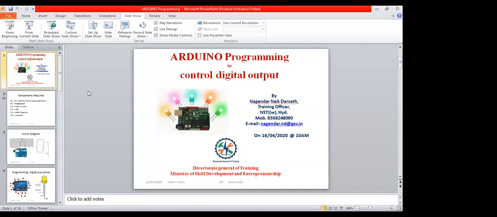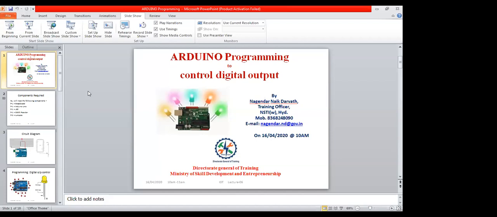So now I'll take you to one more thing here, because we have seen that the output can be controlled. But how is that output controlled? What is the output here? LED, right? Blinking LED. So how was it controlled? By the program itself. So if you want to change something on the output, that means you need to change the program.